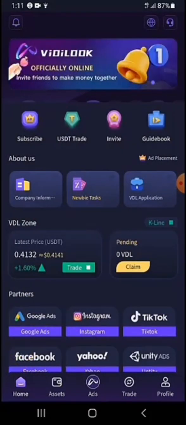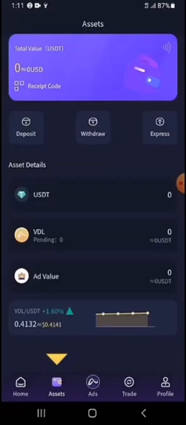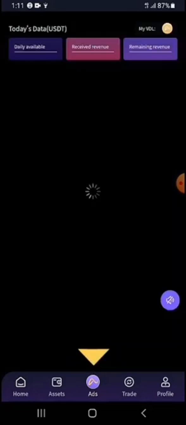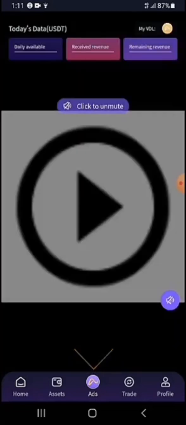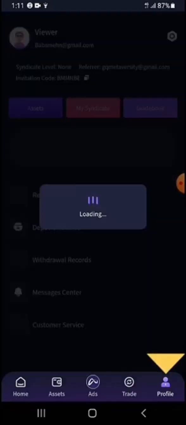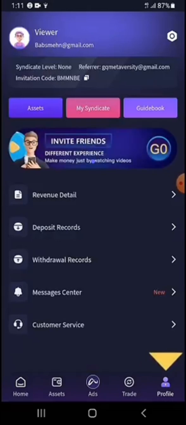You also have the asset, which we saw before. Then next to the asset, you have ads. Ads is where you do the viewing of the adverts. This is the ads page. Next to the ads page, you have trade. Trade is where you sell the VDL token for USDT. Then lastly, you have the profile. The profile tab is where you see all your settings, all your information, most of the things you need you